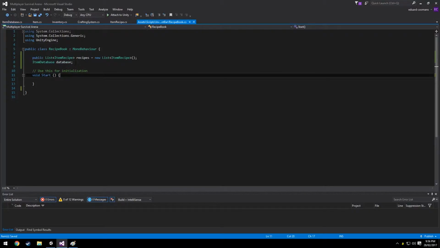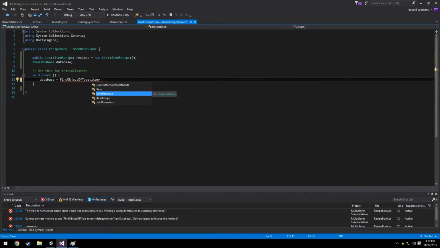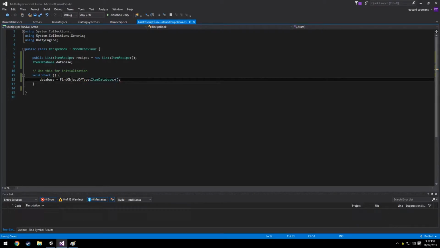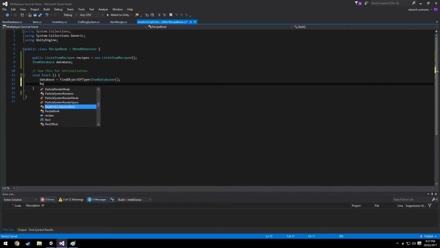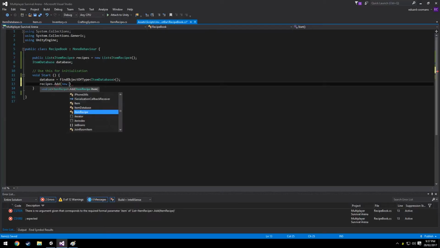So here we say database equals find game object of type item database, and here we just say recipes dot add new item recipe, and now we need to say the list of ingredients. To say the list of ingredients as an int, we have to say we are creating a new list of ints,